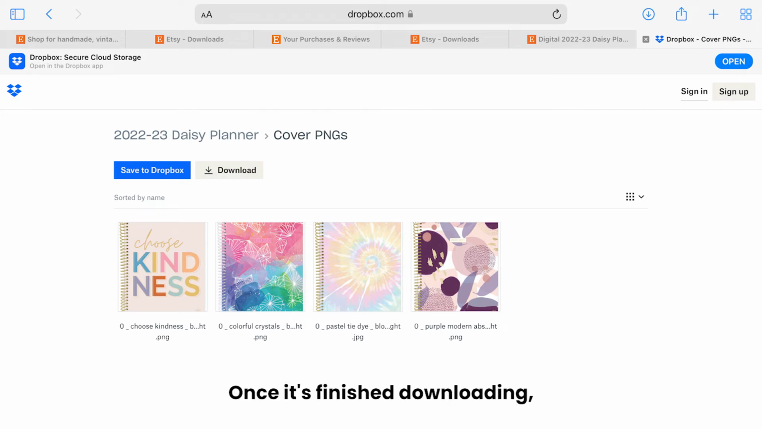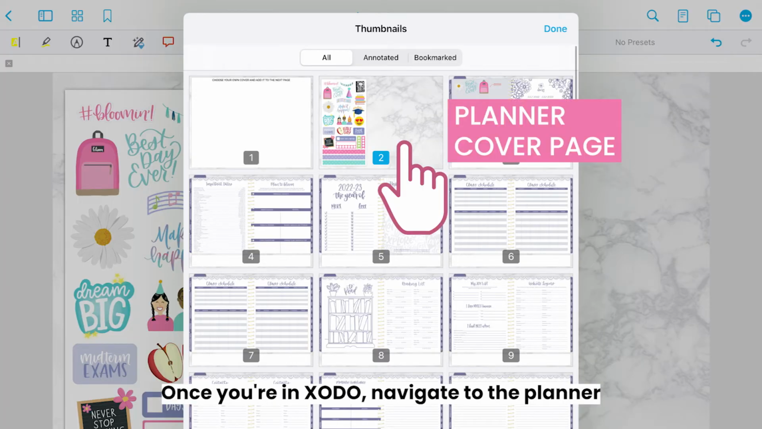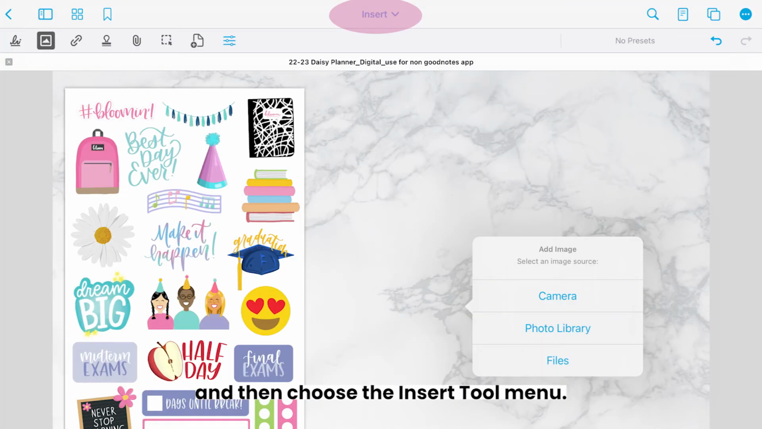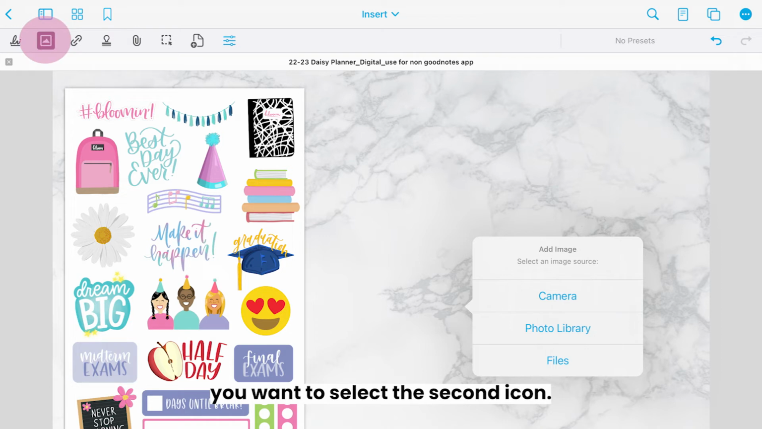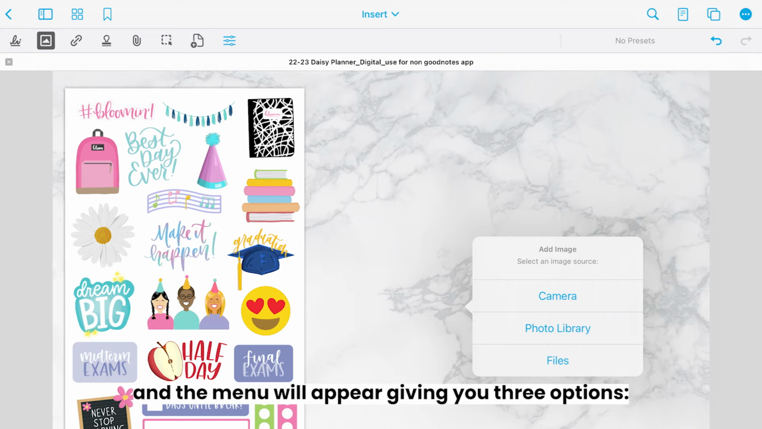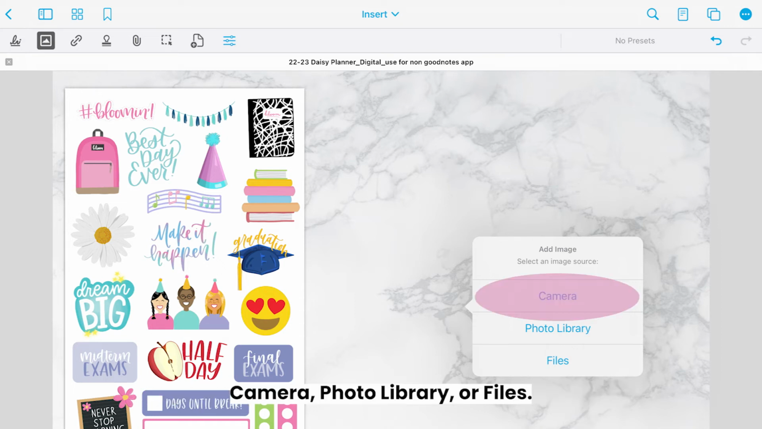Once it's finished downloading, you can switch back over to your Zoto app. Once you're in Zoto, navigate to the planner you want to place your cover in and then choose the Insert Tool menu. Once you bring that toolbar up, you want to select the second icon. This is the Insert Image icon. Next, tap the spot you want to place your cover and a menu will appear giving you three options: Camera,